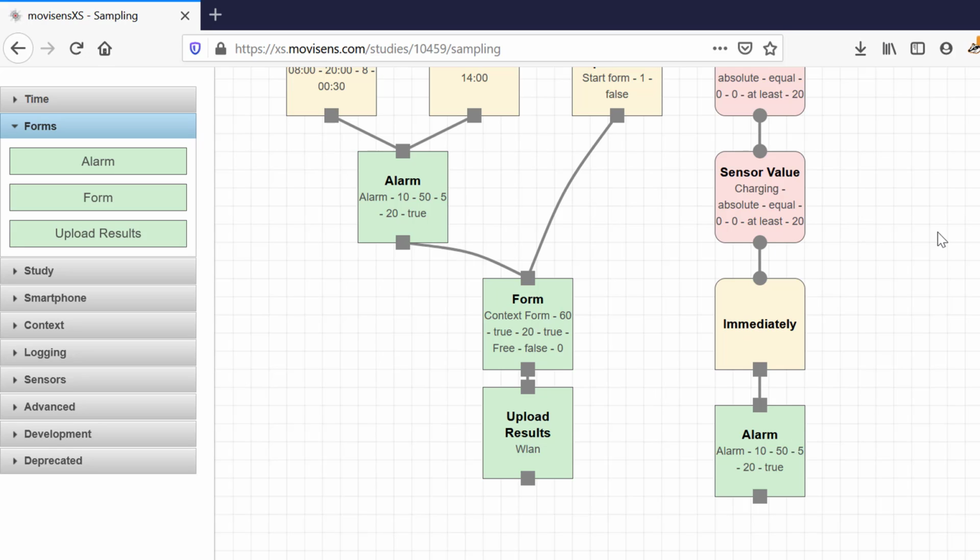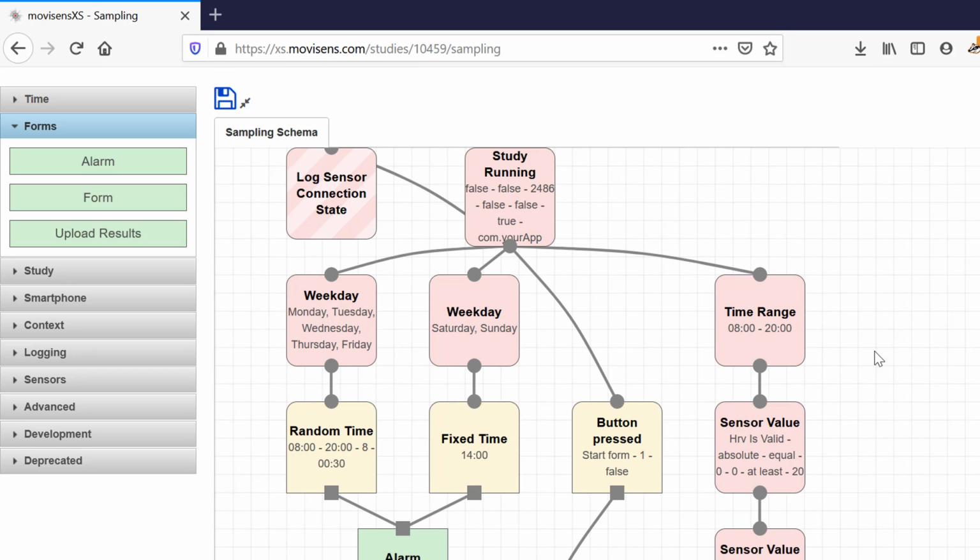And then that allows you to have some sort of reassurance when your study is running for a long period that the sensor is actually being worn properly. And you can even do this with movement acceleration, which I can show you in a sample study later. We can talk a little bit about how someone's using that in combination with movement acceleration to make sure that the sensor's being worn.